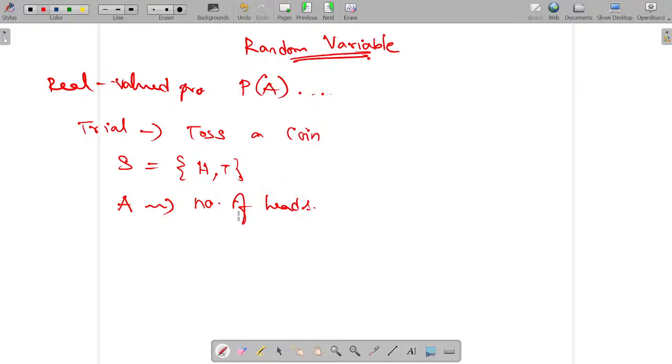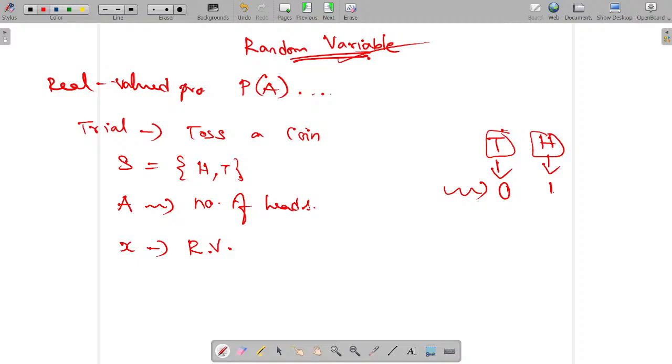Okay. Now you will toss. After tossing, if you get the tail face turned up, okay, tail face turned up, number of heads, how many? 0. In case head face turns up, then 1. So for these events, you are going to assign a variable. That's what you call a random variable. The experiment is random. That's why we name this a random variable. And this random variable, you name it as X. Okay. So this is nothing but the random variable.